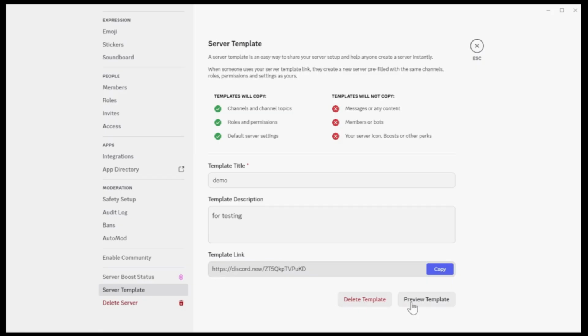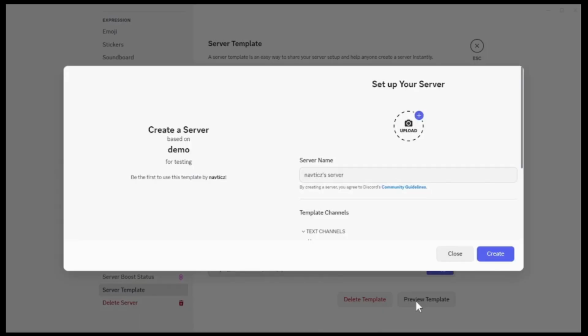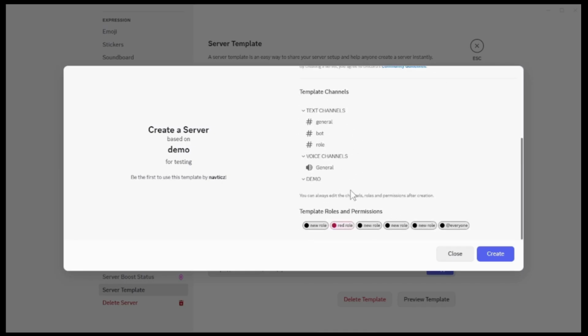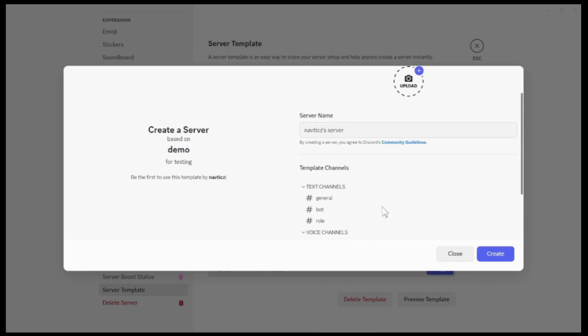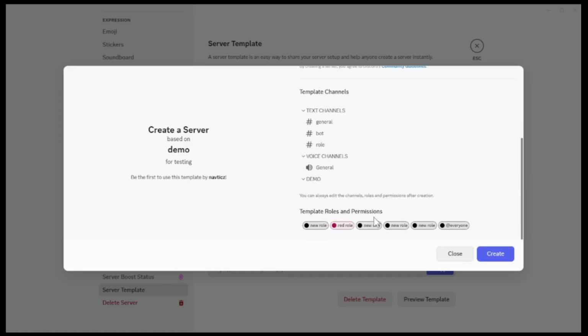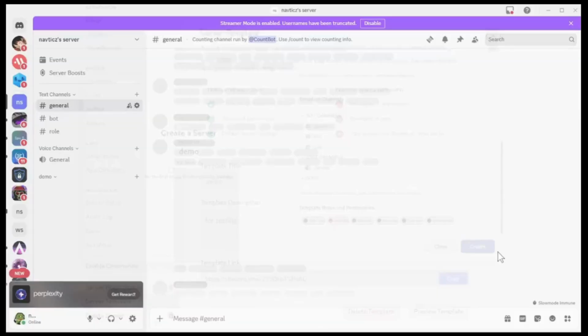So you just need to simply go with preview template, and here it will ask you to enter the server name, and then you can also upload some images if you want to, and then just scroll down and you will have all of the adjustments right here. You can go with template roles and permissions, template channels. You want to add or something, then you can go with create, which is here on the right side, and it will create a